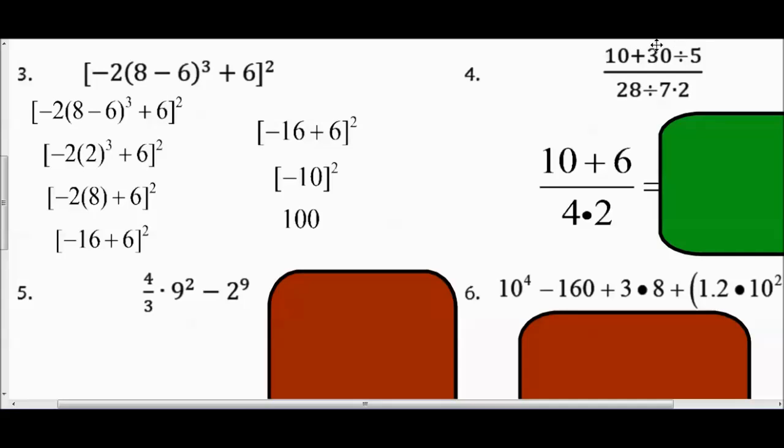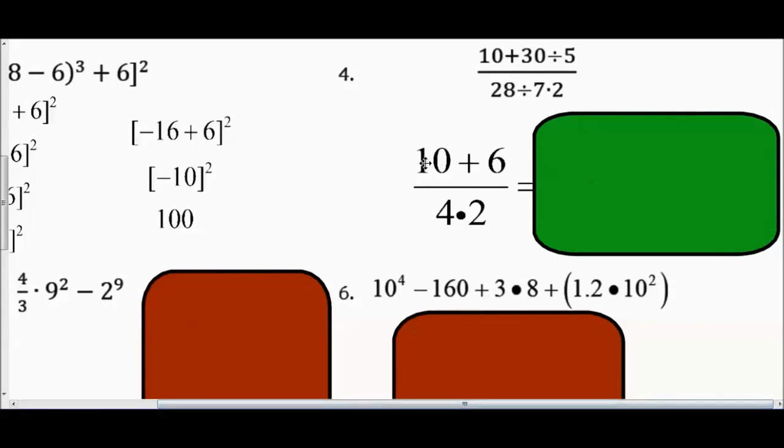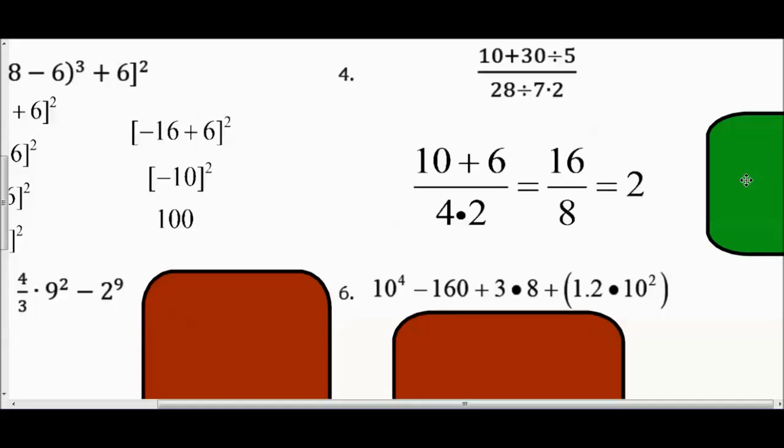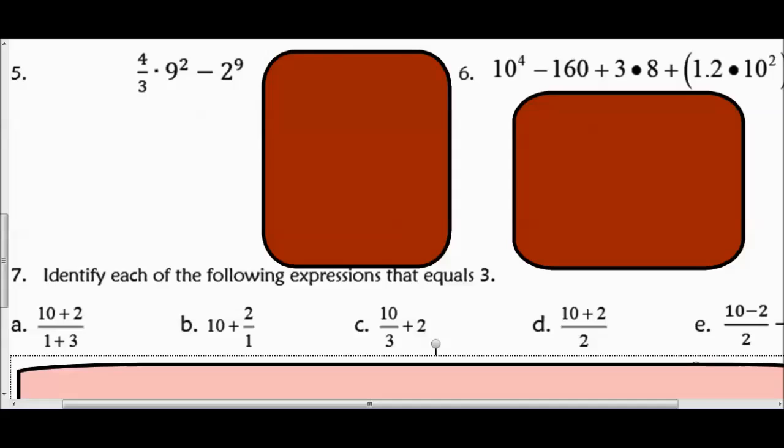This one's addition and division. We have to do division first. So that gives us 6. This gives us 4. And we just have one step left on both the top and bottom. That'll give us 16 when we add, and give us 8 on the bottom when we multiply, and then divide. That'll give us 2. Alright, so number 4, we have a division problem out in front, then multiplication, exponent, subtraction,